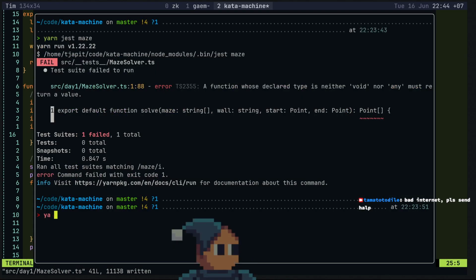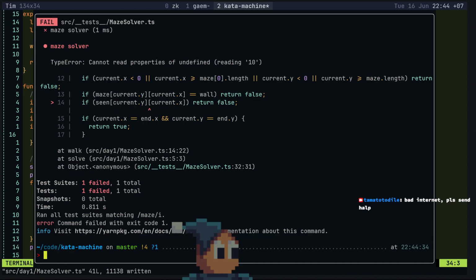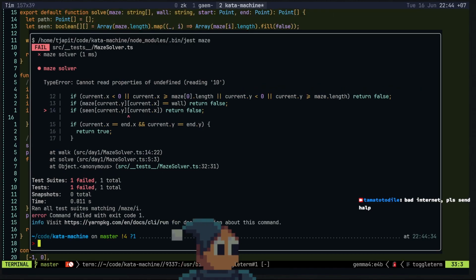Alright, let's try it out. Cannot read properties of undefined reading 10.